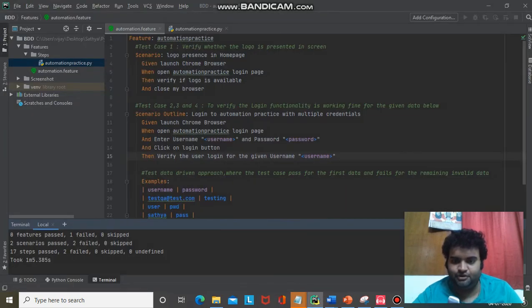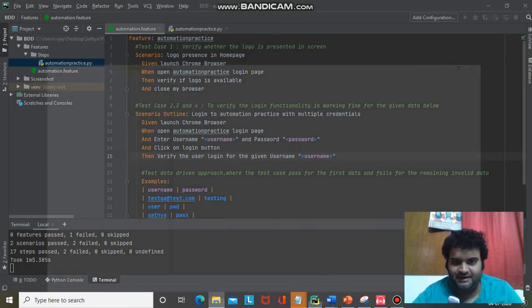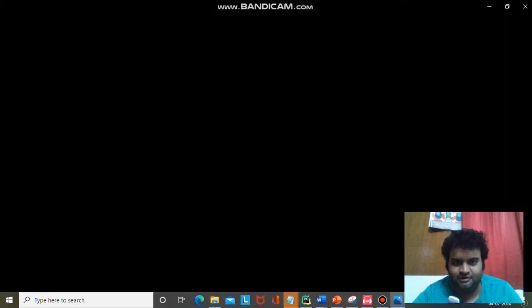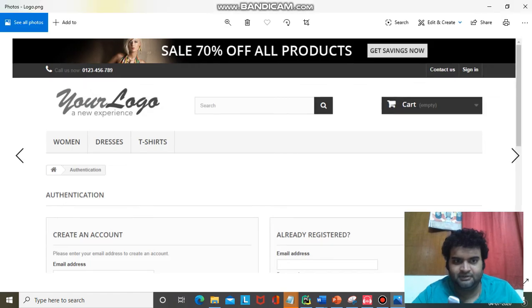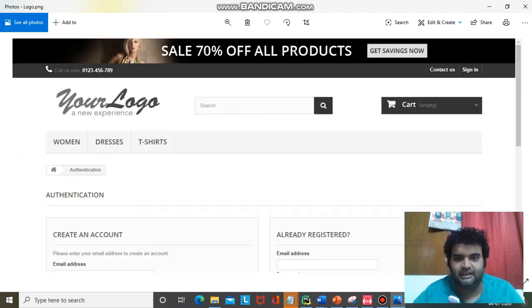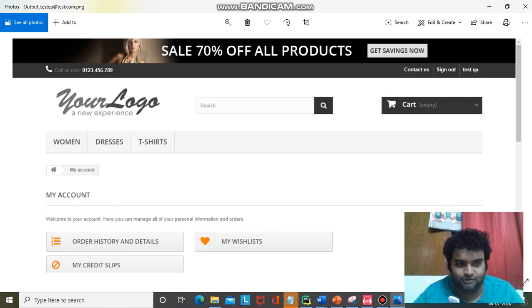Automatically my window is getting closed. Now I can go back and see the screenshots. I am showing you my first test case logo. Yes, the logo is loaded properly. I am also showing you a positive scenario where you can see the inputs I gave, and it gets loaded and goes to the account page. So this is how we can automate using behavior driven development, guys.